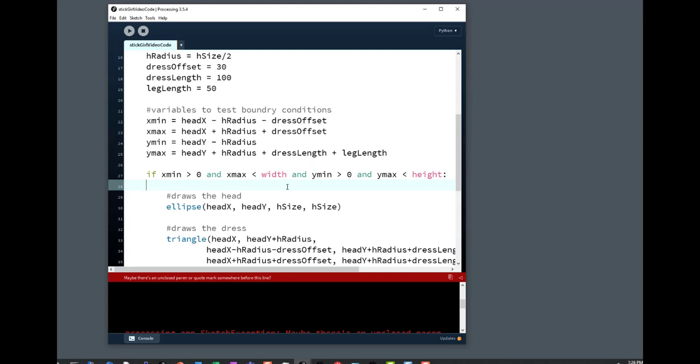The reason is that I'm not doing something different for each of these different conditions. So if this condition is true, then do this. If this condition is true, do this. That's not the type of situation that I have here. I want to check to see if all of these conditions are met. Then I'm going to do one particular thing. I'm going to draw the figure. I'm not doing something different for each of these conditions. So in this case, I use a single if statement, check all of these conditions, and I could put an else in if there's something that I want to do